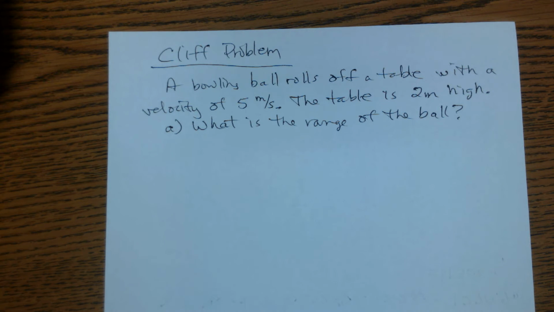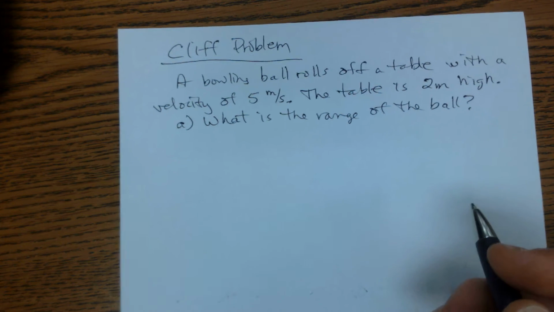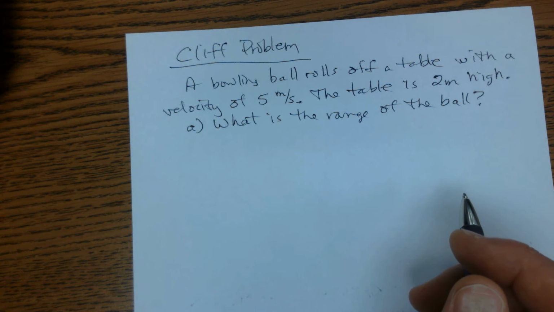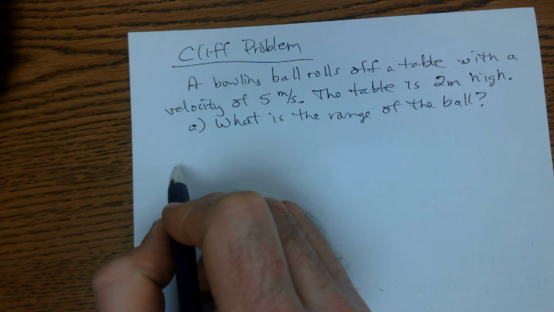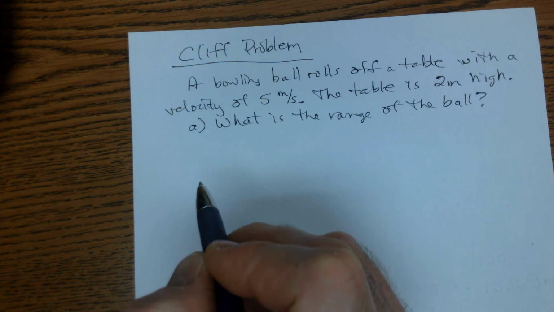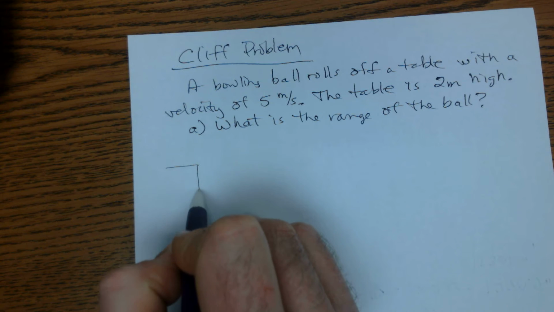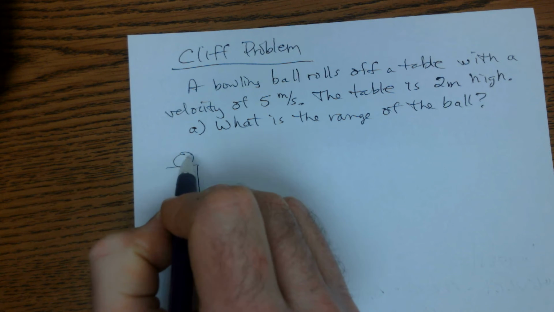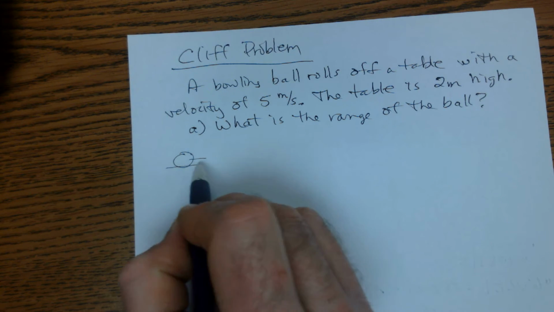Okay, again, we've been doing a lot of formulas and how we get formulas, but let's solve some actual problems here with numbers to help you see the process a little bit better. So let's do a cliff problem. In this case, it's not really a cliff, it's going to be more of a table, but you've got the same situation here. A bowling ball, and it's going to roll off the table